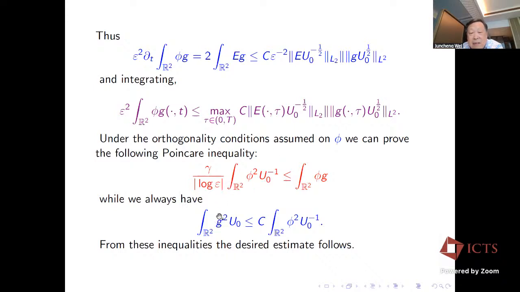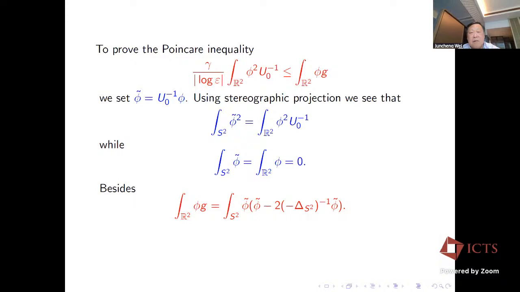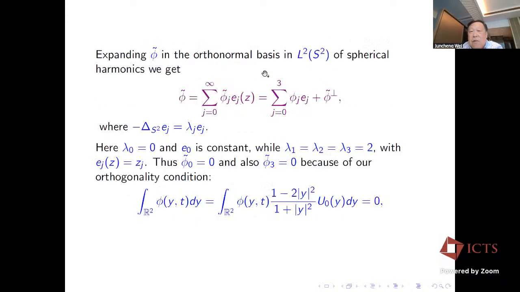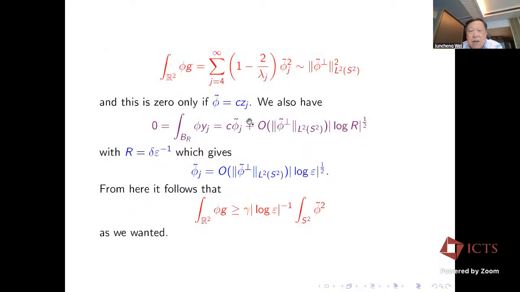We can prove this Poincaré inequality by moving everything here by the stereographic projection, and it turns out this phi g in the stereographic projection is phi tilde minus 2 times lambda phi tilde, and using the Fourier expansion, because of the orthogonality condition,